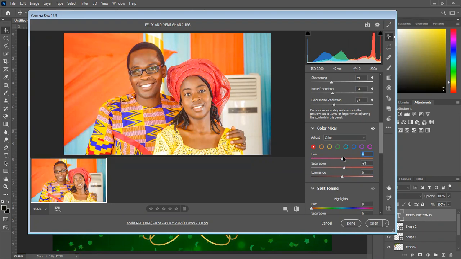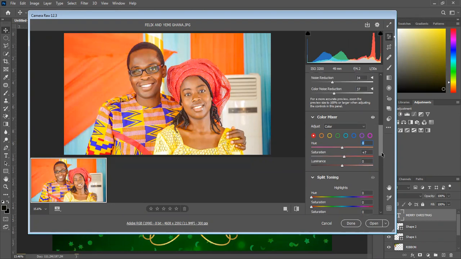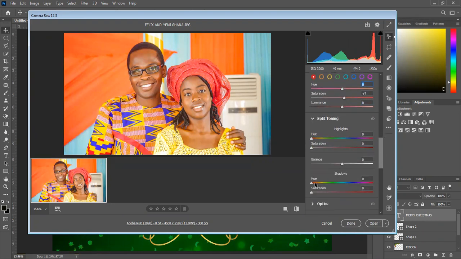So now you can play around with your color here, saturation. You can pick your color here, blue, shadows. Now this is shadow. Any color you want your shadow to be. So Photoshop is very, very easy to use. Sincerely, it's very easy. Just like Premiere Pro, any Adobe product,